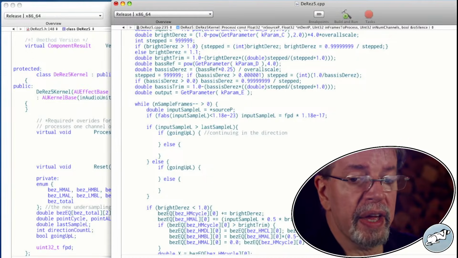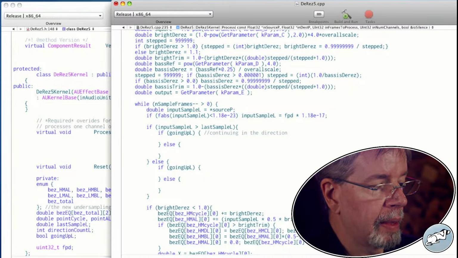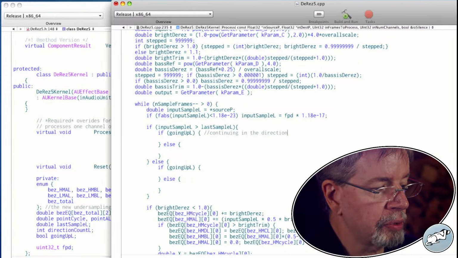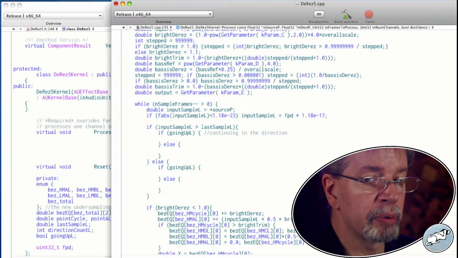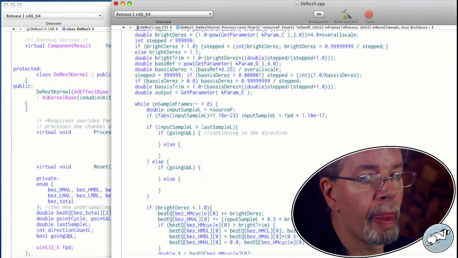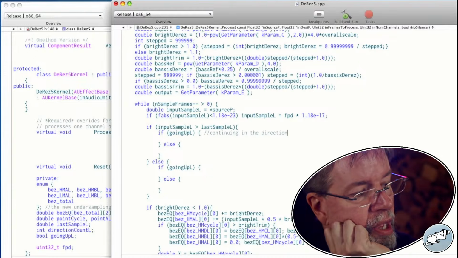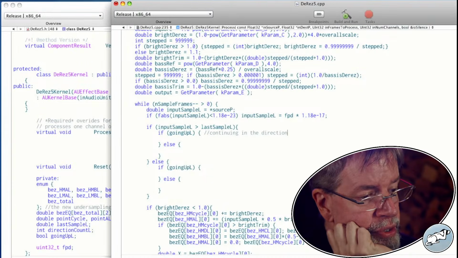So here's the thing. Don't I want to count not the number of samples in a row, but the number of reversals? I want to count the number of reversals.